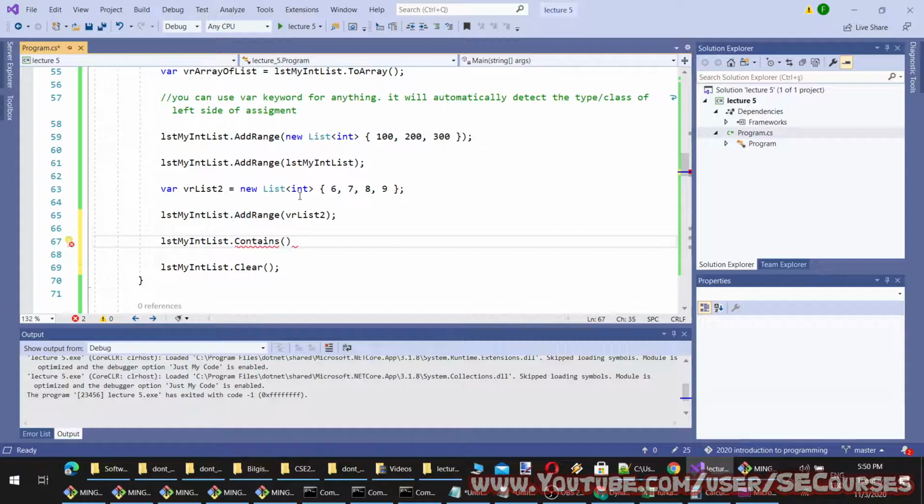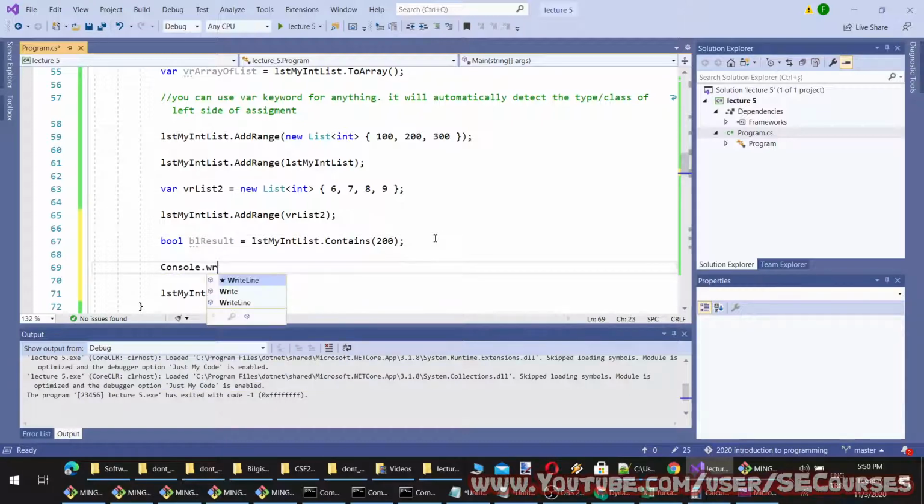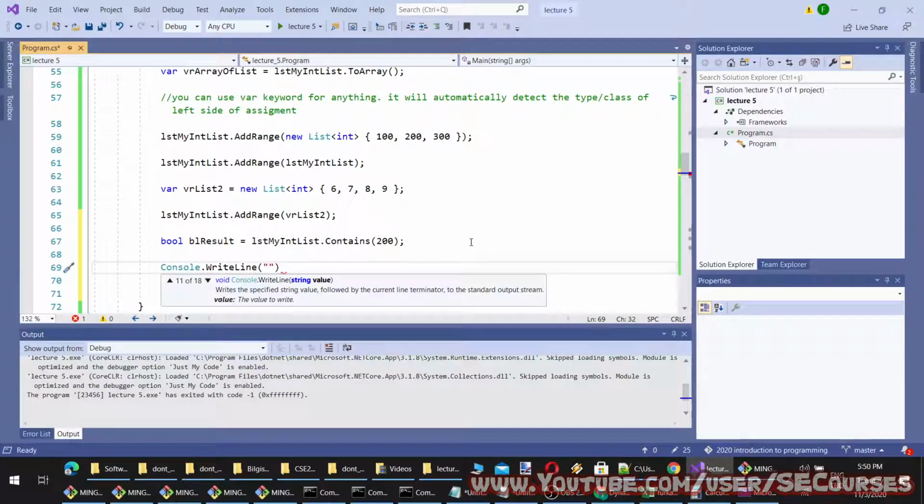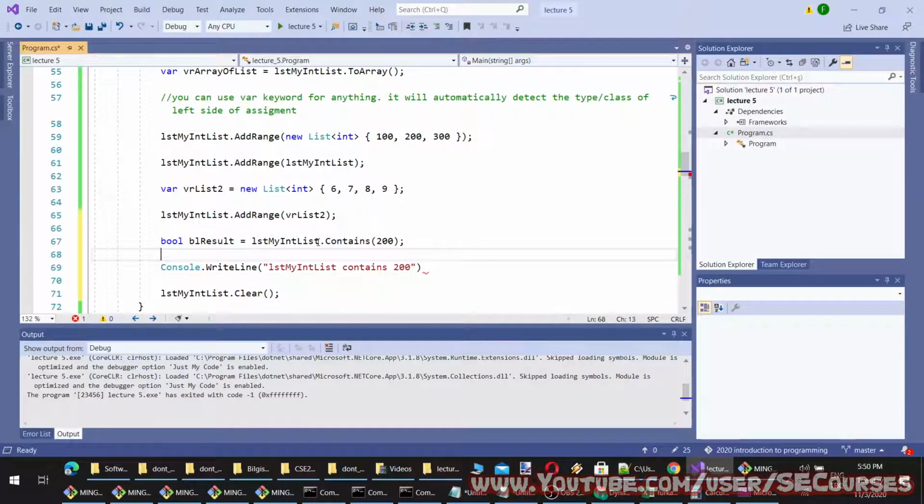For example, let's check if the list contains 200 or not, and then write to the console. I'm going to append the bool like this.